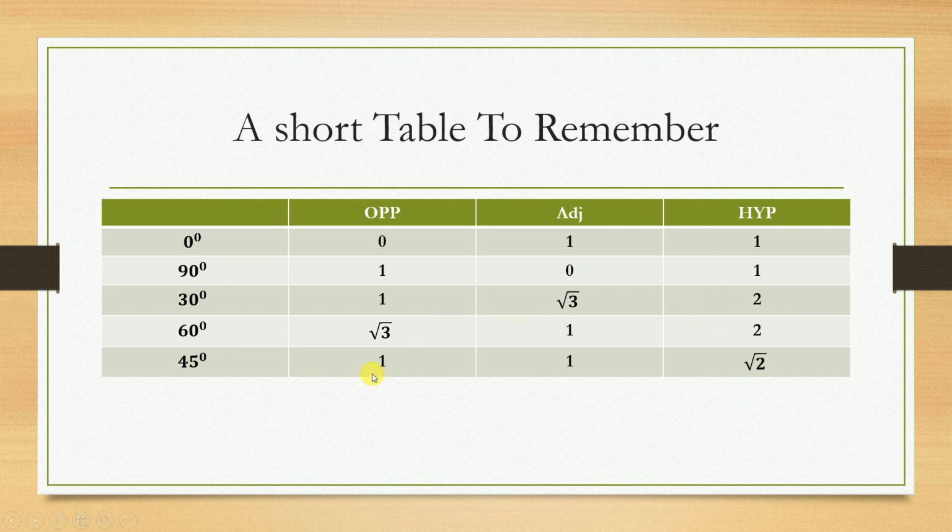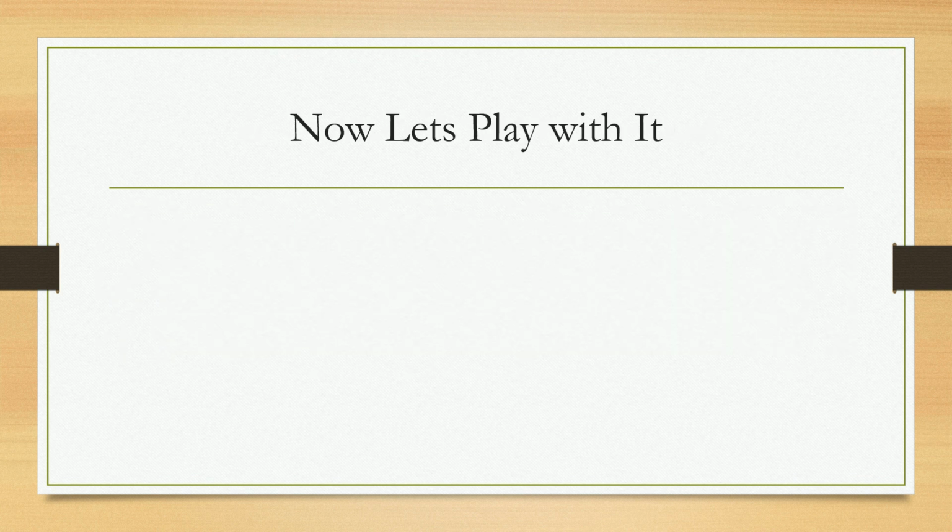What is the advantage of this short table when compared to the long table? The long table makes you learn by heart without any reasoning. But with this table, if you want to derive some values, you have to remember the ratio also, which is essential for further learning of trigonometry. Let us see two examples of how to utilize this table.